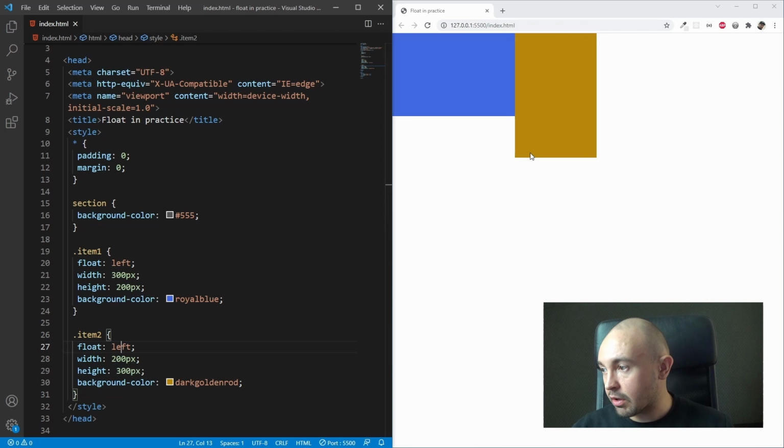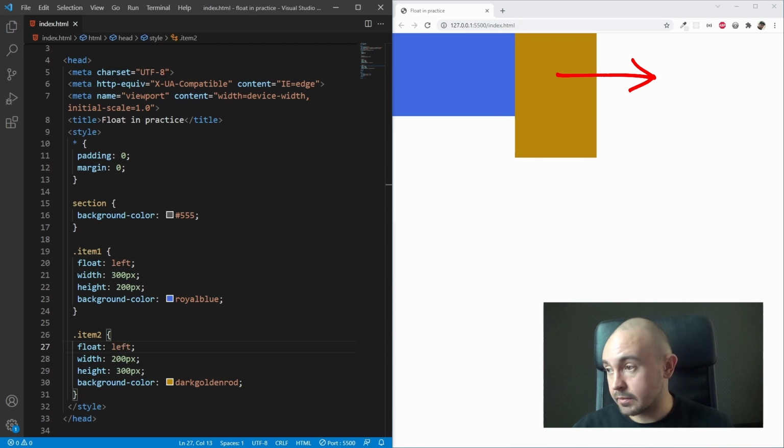But we want to solve this issue of the lacking height of our section, because the background color of the section should be visible right here, because we want now to create another element and we want it to be placed under this whole section. And if we don't deal with this issue of our section being 0 height, our next element won't place itself under both our div tags, but will try to fit right here